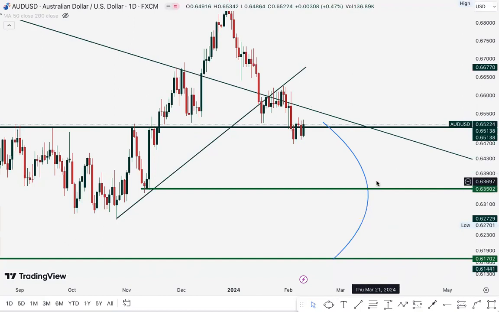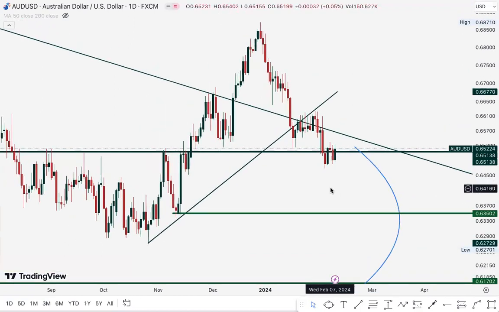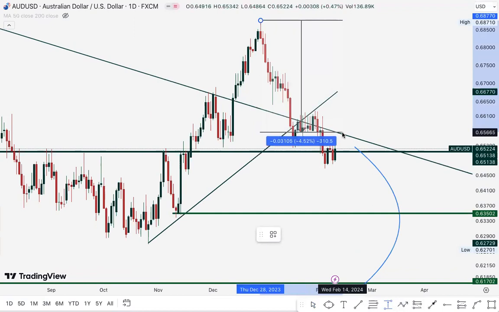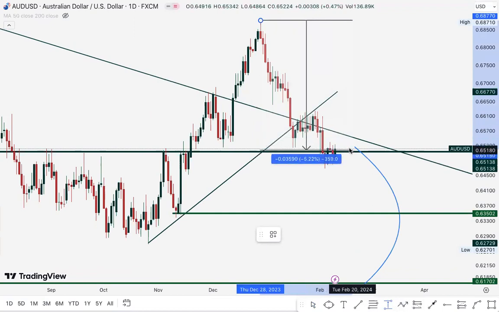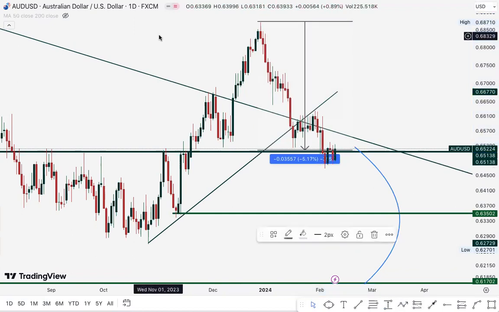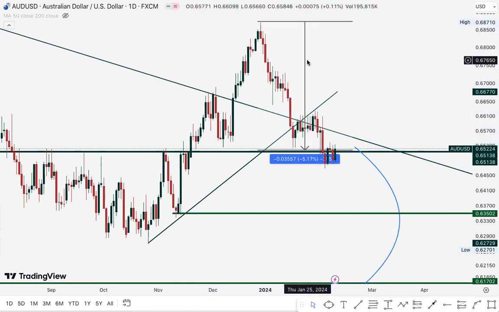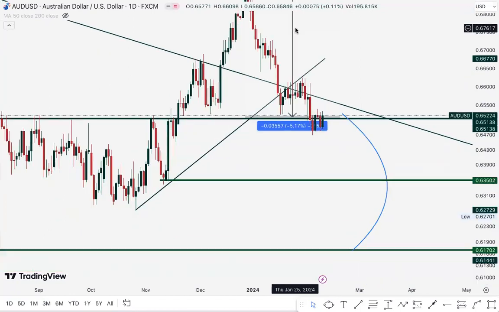Okay, so you need to know when the market needs time. So this pair needs time. In fact, the general market, as we speak, needs time. The EurUsd needs time. The cable, GBPUsd, needs time. The Aussie dollar needs time. NzdUsd needs time. UsdChf needs time. And by the way, it's still early in the year, so there is a lot of time for this price